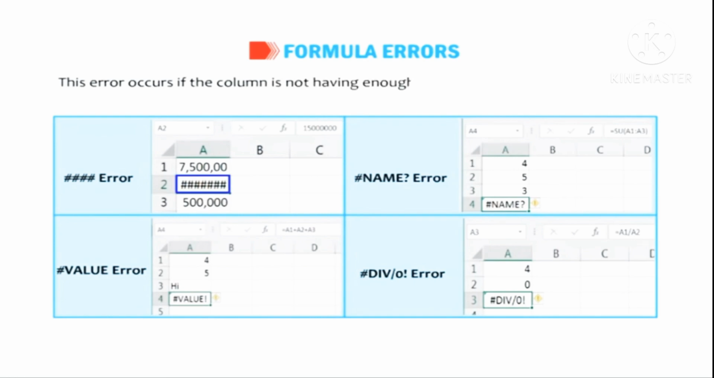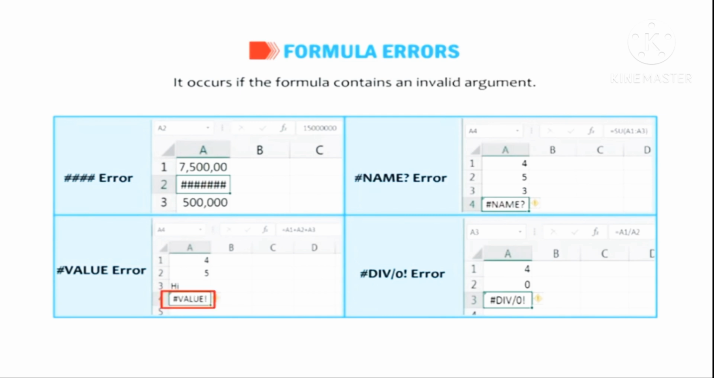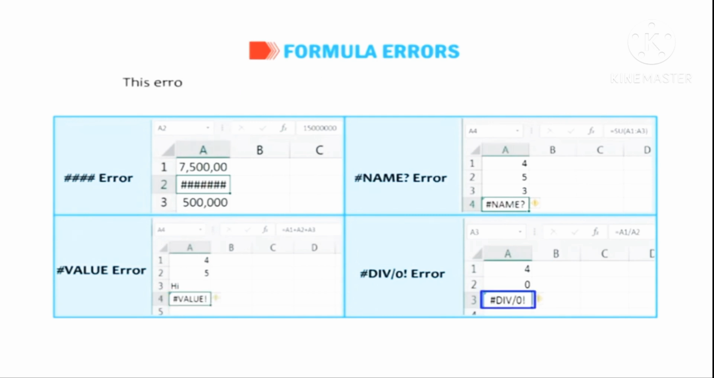This error occurs if the column does not have enough space to accommodate the value. This error occurs if the formula is used incorrectly. It occurs if the formula contains an invalid argument. This error occurs if a number is divided by 0 or an